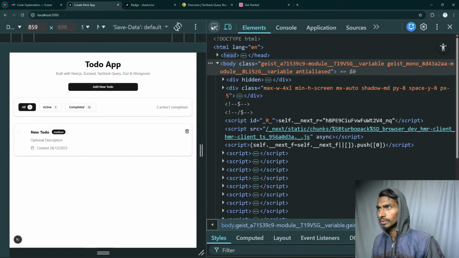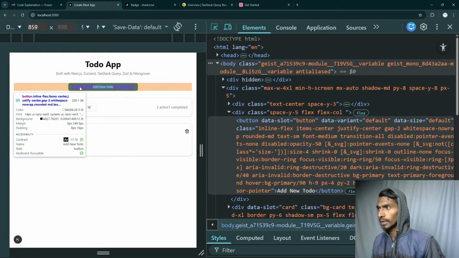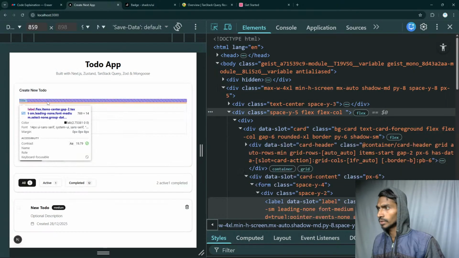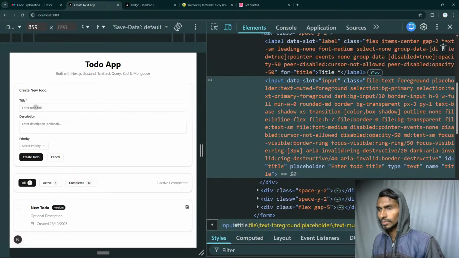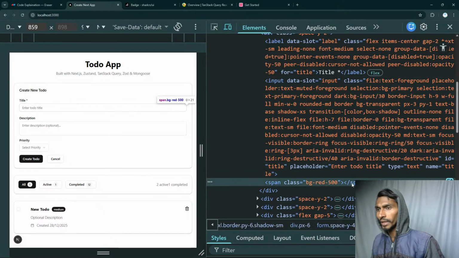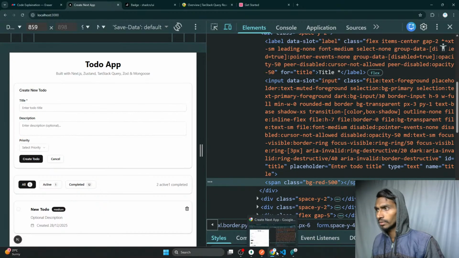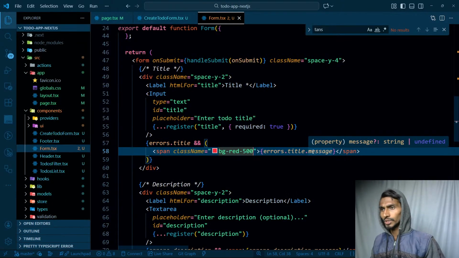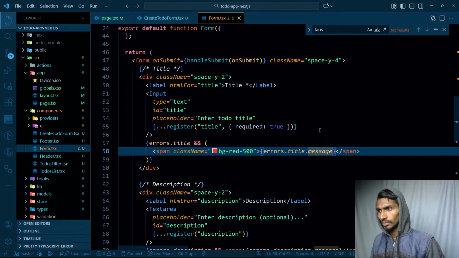Reload the page. Right click on this first of all. Let's go to this, and right now I don't have any span, but as soon as I click on this, I get the span, but I don't have any message inside this span. Interesting. Errors dot title dot message. This is how I get the error, right? If I made it required,